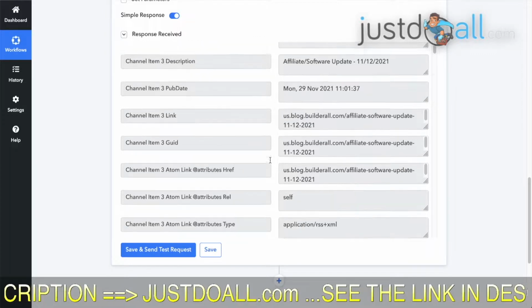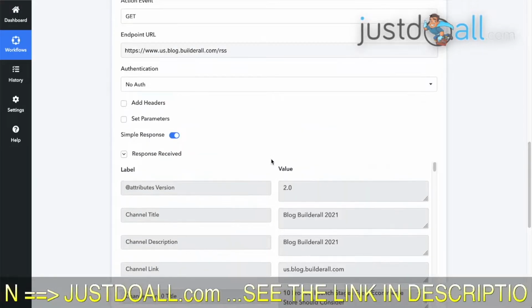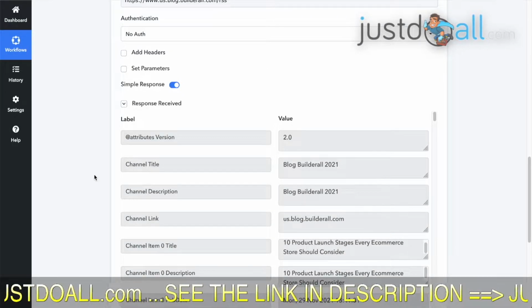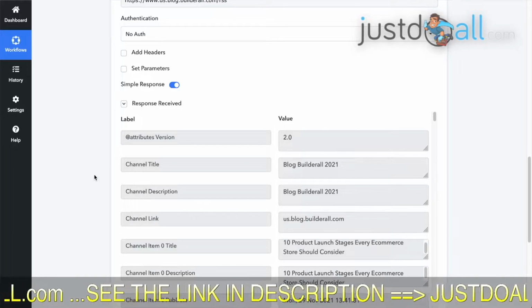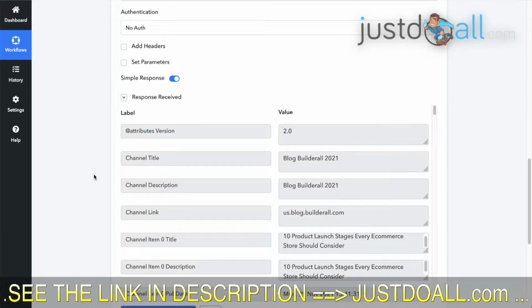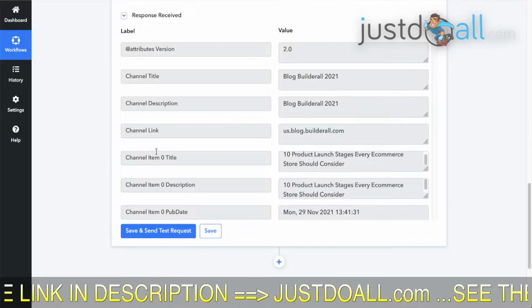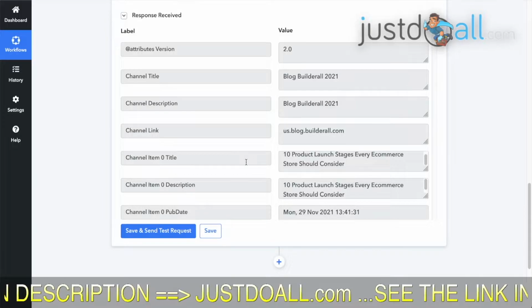So it's working fine, except for this. But it doesn't matter, because if they always give us the second one, then it works the same. Every time the RSS feed is updated, the second one will change. So let's just ignore this. Maybe it will be fixed, but it doesn't matter. Here in channel item 0 title, we should have the latest one. Here we have the second one, I don't know.